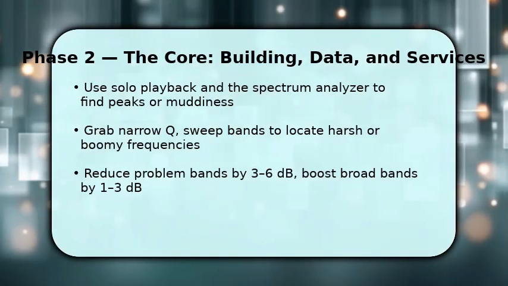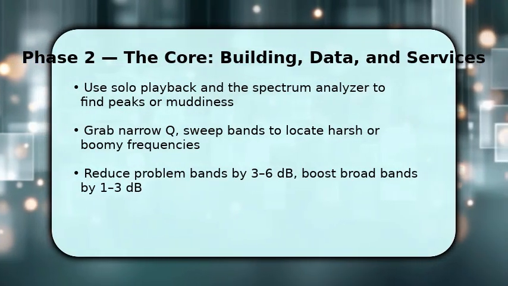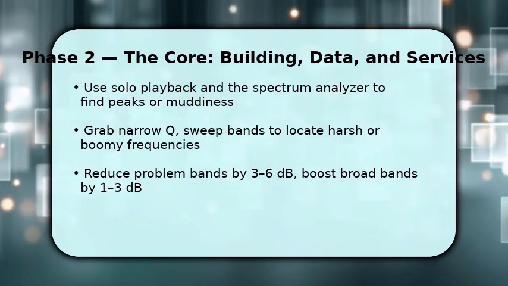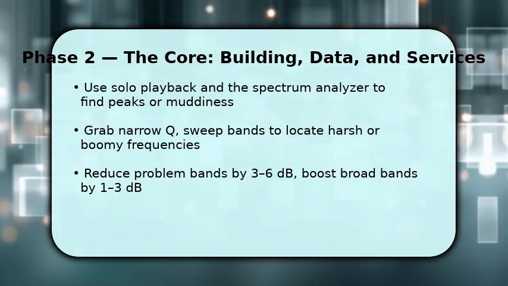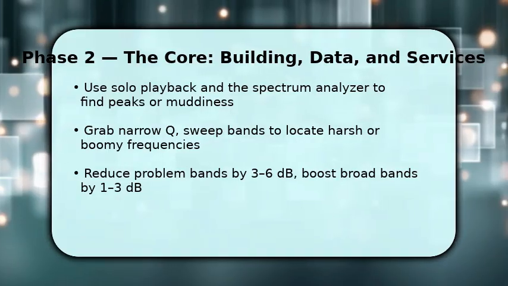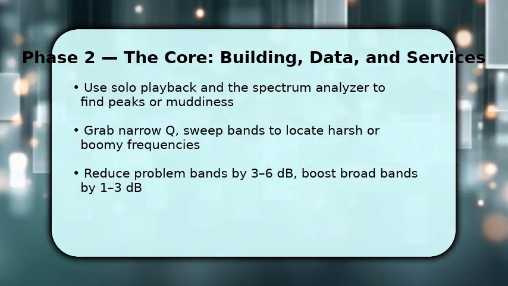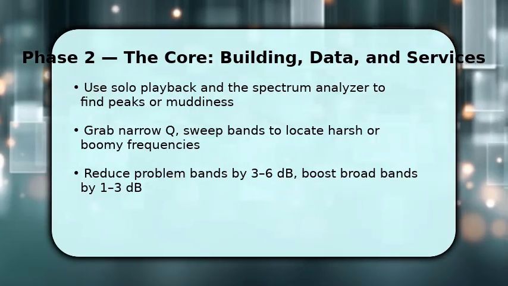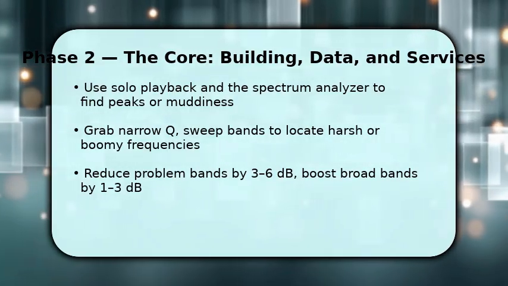You should solo and loop the troublesome section. Watch the spectrum to spot spikes or energy that sounds harsh or muddy. Then select a band with a narrow Q, boost it a lot, and sweep to find the exact offending frequency. This reveals the culprit. Once found, cut that band by about 3 to 6 dB with a gentler Q to